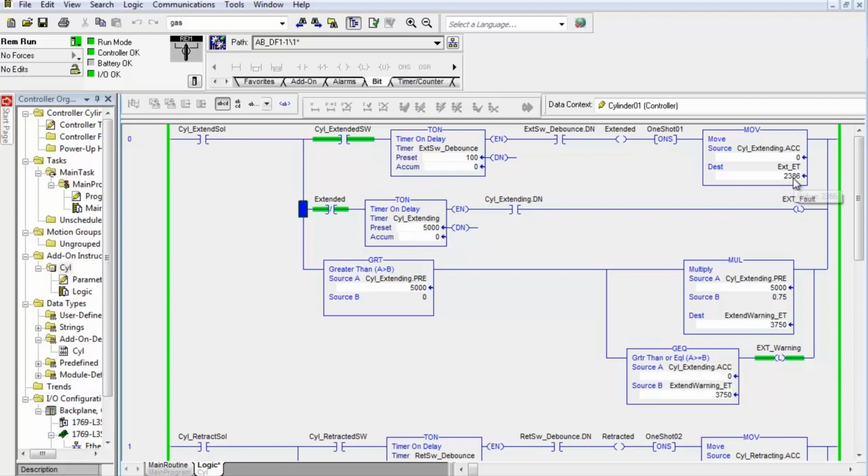ET. That means that it actually took 2.286 seconds to extend, but remember we had this 100 milliseconds in there for debounce. Now in most cases the debounce isn't necessary. Remember that we tried to come up with a feature-rich add-on instruction that looks for everything, including